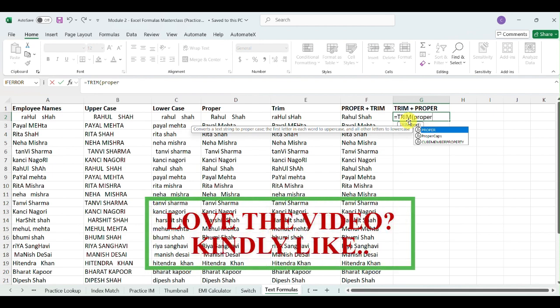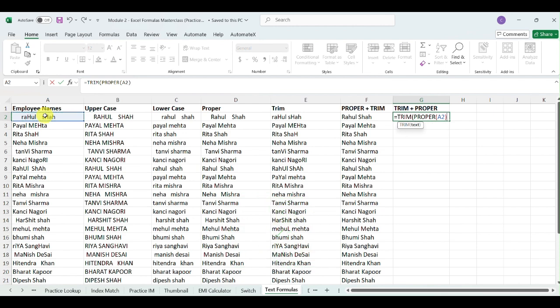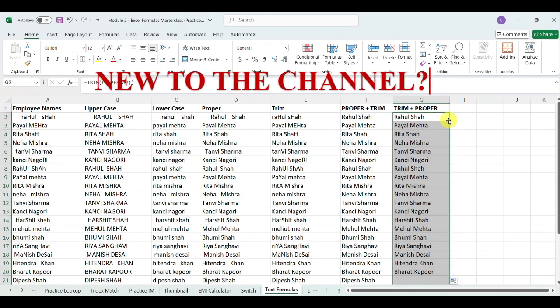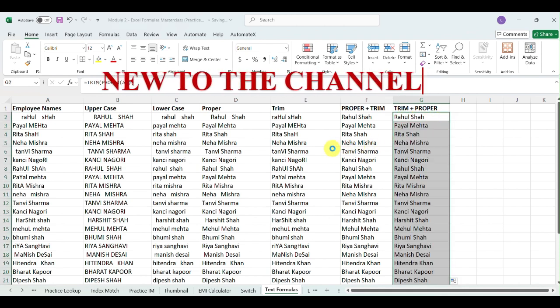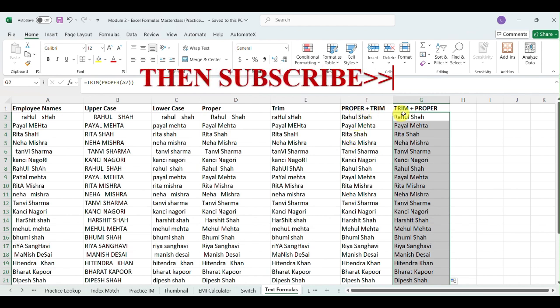So see, what happened? Again, open parenthesis. Now, for the proper, we have given the text. Okay. Then close this twice. Again, a similar result. In this case, we have got the similar result. Now it is in your hand. Either you want to use proper plus trim or trim plus proper. It is in your hand.